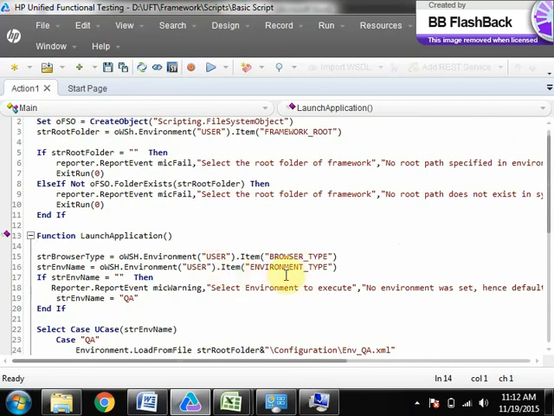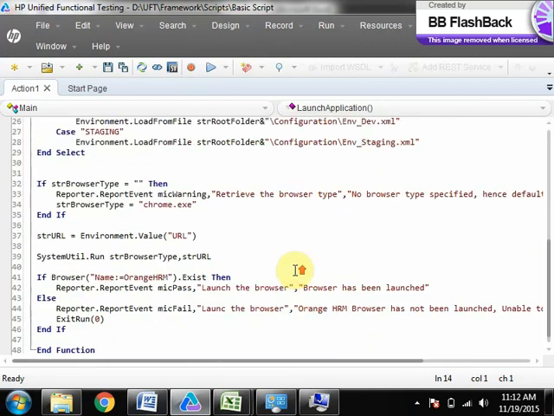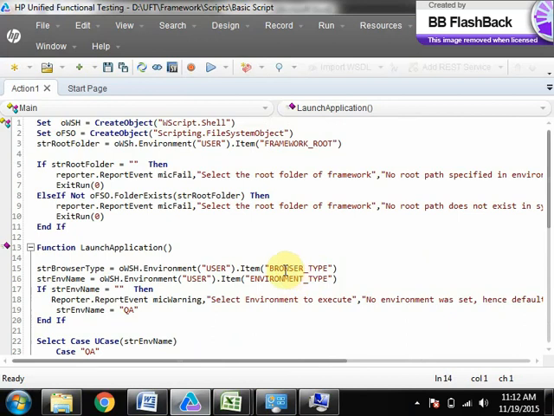It will take the environment and it will take the browser type automatically from the environment variable, and then we do it. So earlier we launched the application and that was just simple, but when it comes to the framework, to do more flexibility, to bring more reusability, we have to take care of all the conditions and we'll have to look at all the possibilities. So we have to do as much as friendly.